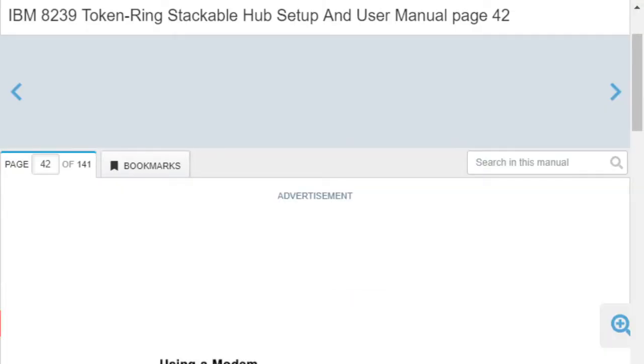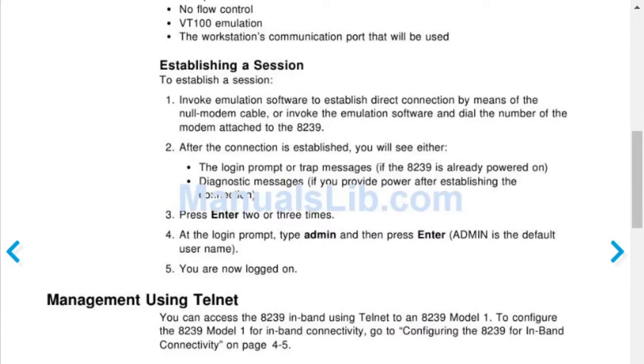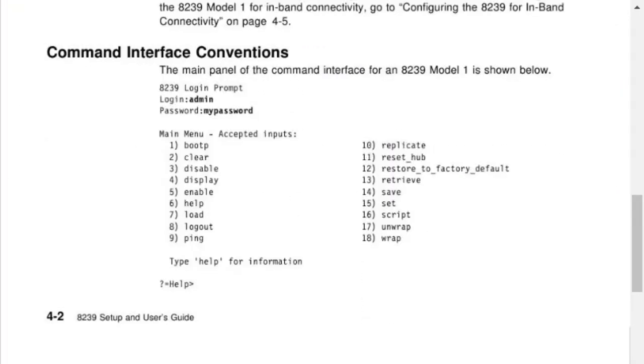Let's go to page 42, and they're reinforcing some of the equipment, establishing a session, and they talk about the default login. And I think even on the next page it says if there's not a password set on the unit, it has that password field as blank, but I'll have to figure out how these are configured. And it talks about some of the screens that you'll see once you're logged in, for just the menuing system that you can go through